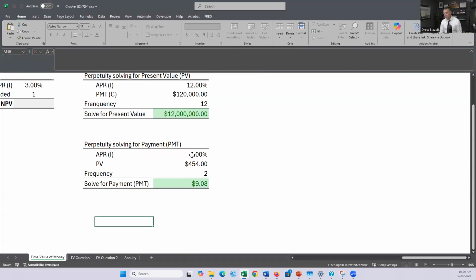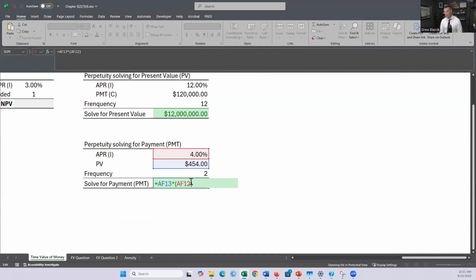So if we have $454 today, and this is going to go on forever, I'm going to pull my money out. There's no compound interest, and I get 4%, and I want it every 6 months. That means it's going to be $9.08 every 6 months. And I just want to show this. Now, this is going to be incorrect, but